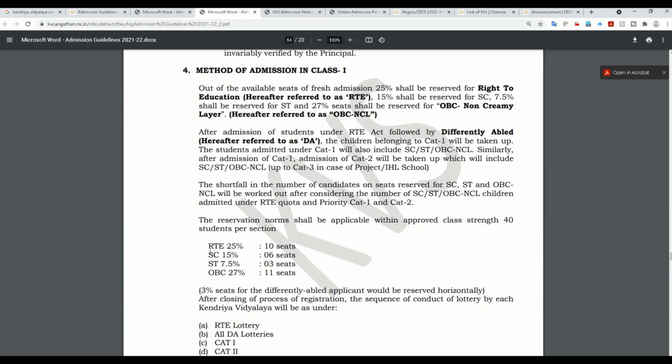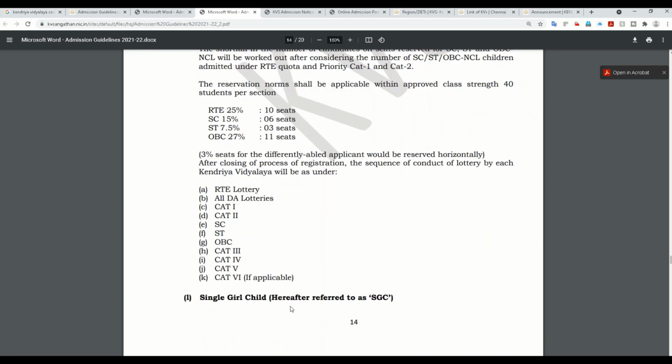And what else? Yeah, so this is the RTE category, BPL and EWS category, economically weaker section 10 seats, SC 15 seats. So they are exactly mentioning the count of seats per year. So around 30 seats go under reservation. And then the priority categories like, sorry, not civil, defense, central government and state government employees, public sector undertakings. And beyond that, it goes to the general open category, civilians category, where you get a chance to get